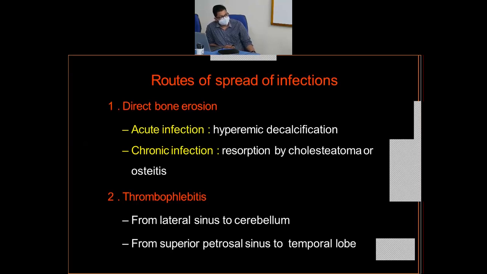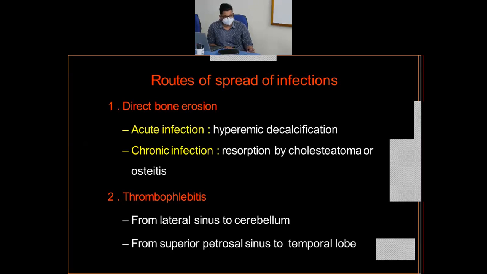So how does it spread, how does the complication occur in bone or blood, meaning meninges and venous channels? It spreads during acute infection. When there is acute infection, it will lead to hyperemia, meaning during inflammation there will be more blood flow, and due to chemotaxis, more inflammatory cells will come, and it will lead to decalcification of the mastoid, meaning temporal bone. So the hyperemic decalcification is one of the causes for bone destruction, and during chronic infection, due to cholesteatoma,